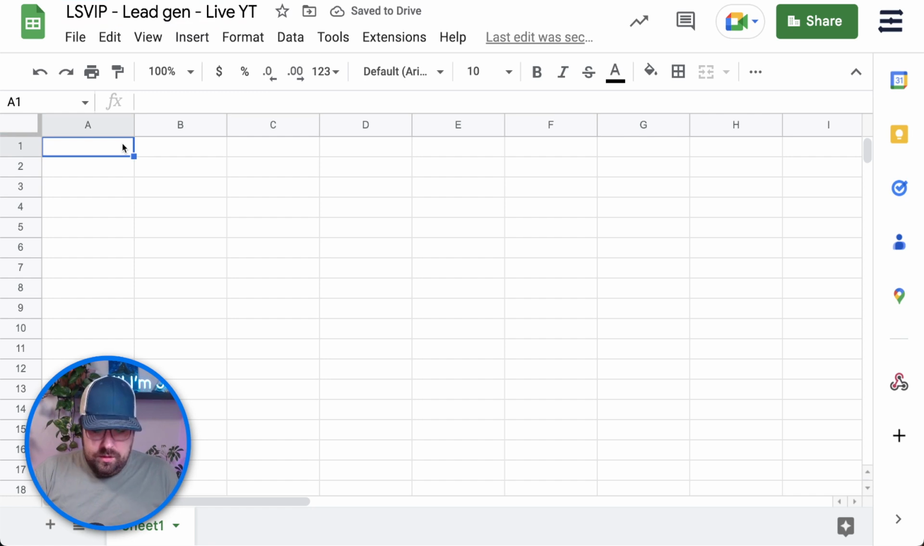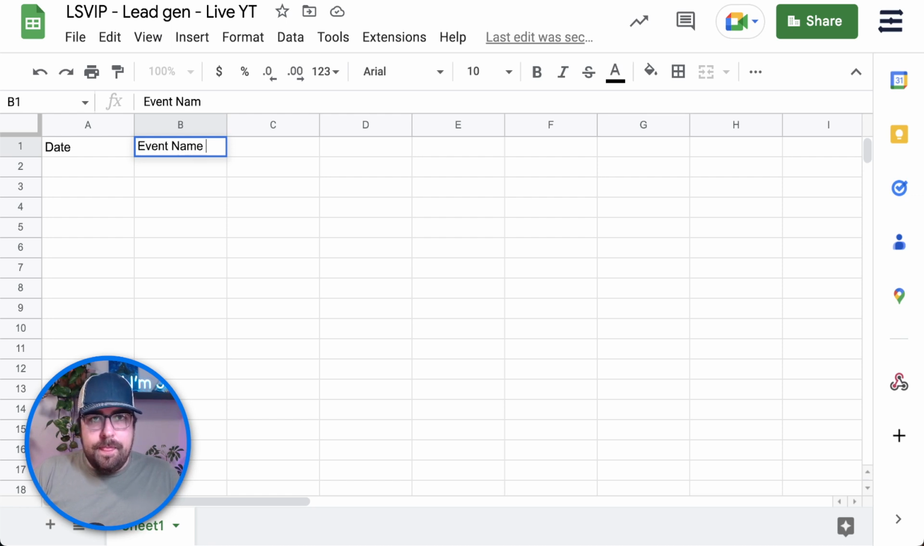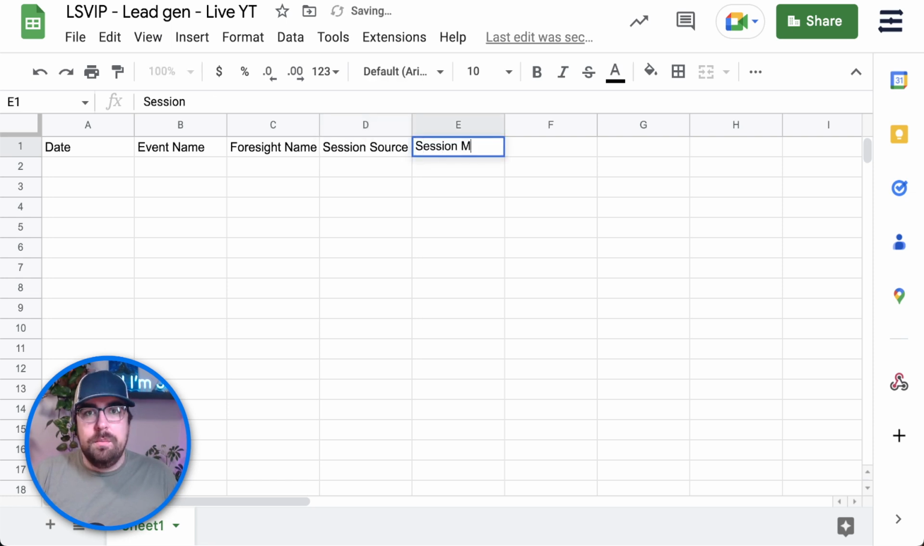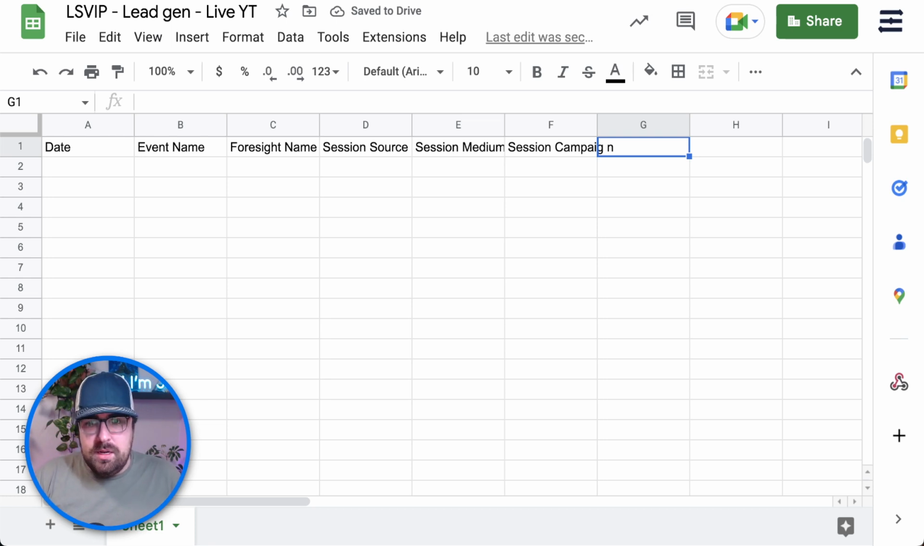These are the fields that we're going to be using, the dimensions. We have the date, we then need the event name, because that's the event name that we're using. We then need the custom dimension of the form step name. We then need the session source, session medium, session campaign. We need all of those. And then lastly, we need